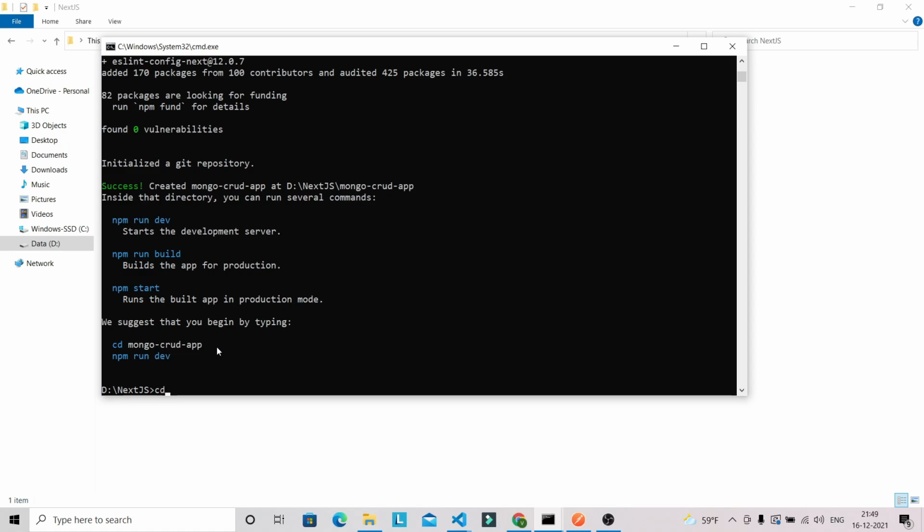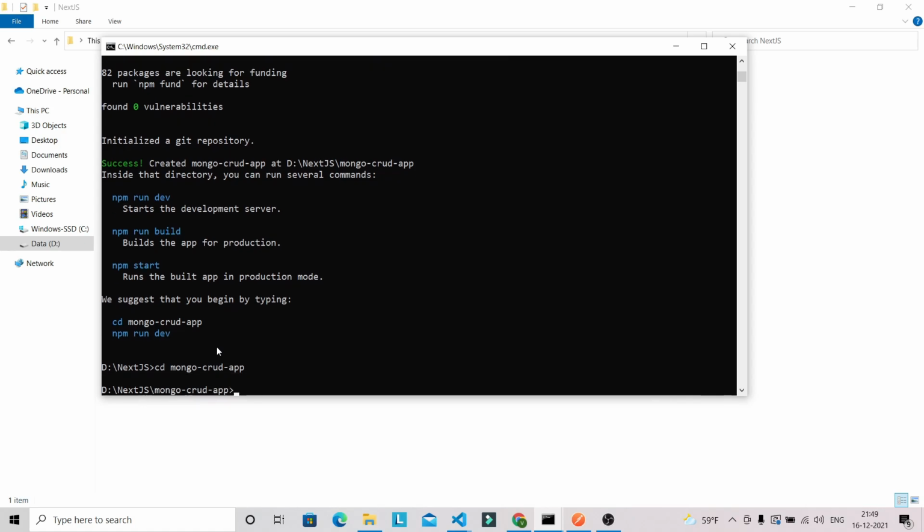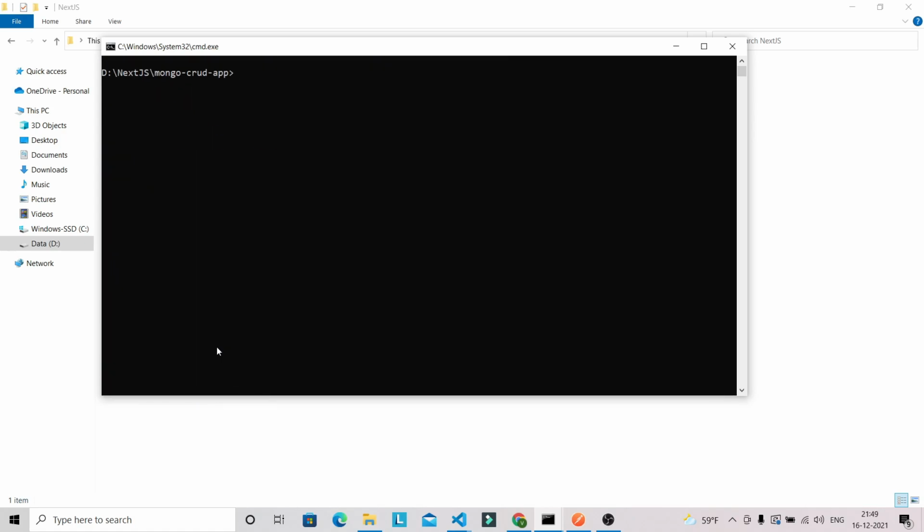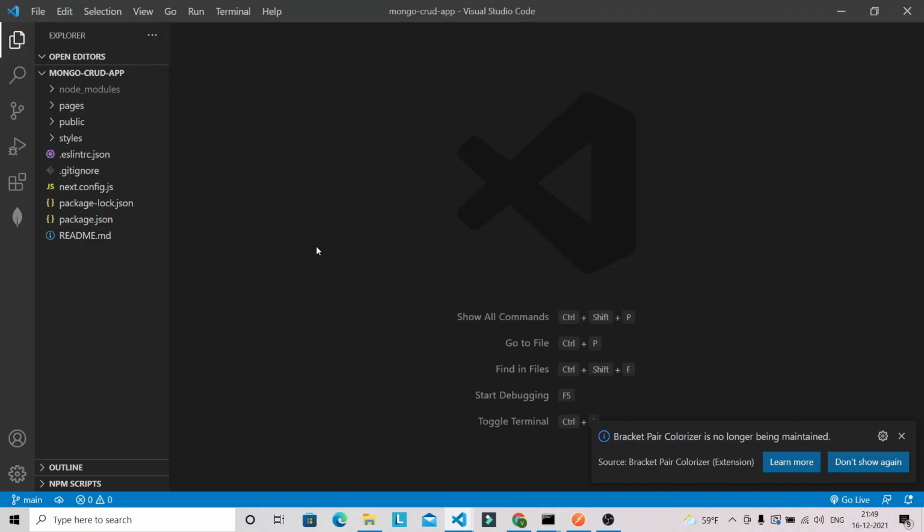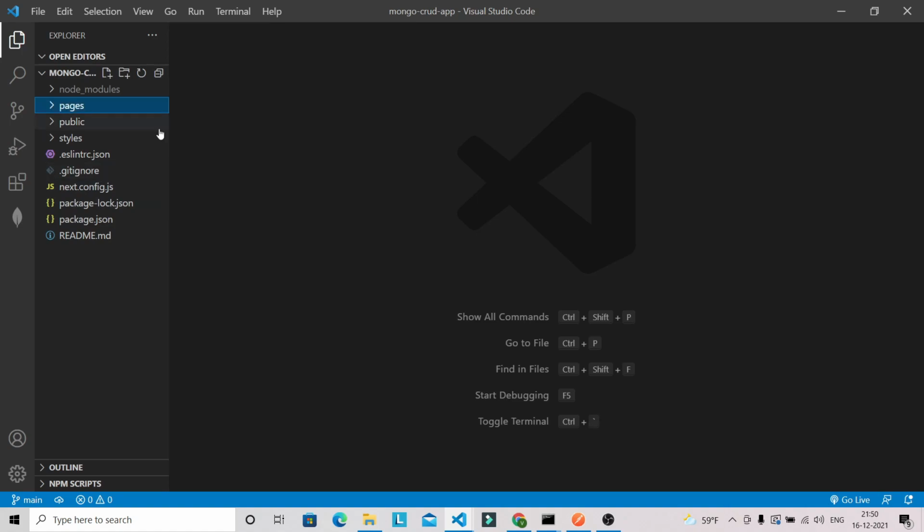So first let's go into this directory, that is cd mongo-crud-app. So now we are in this directory, and I have already opened this project in my Visual Studio Code. So first let's go into Visual Studio Code. As you can see, I have opened this project in my VS Code. So first let's run the Next.js project. So I'll open that command prompt,